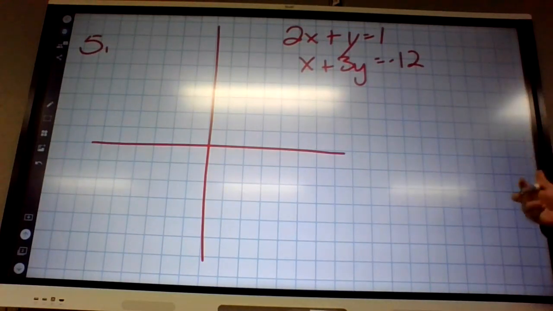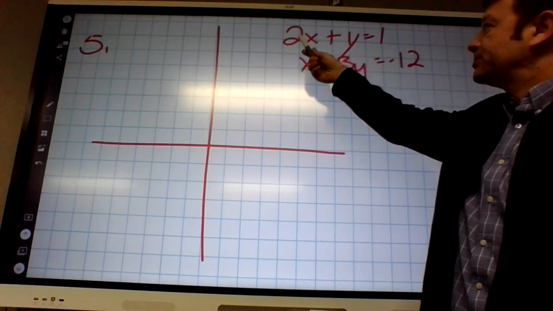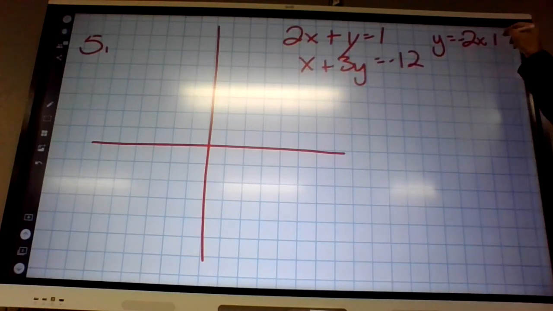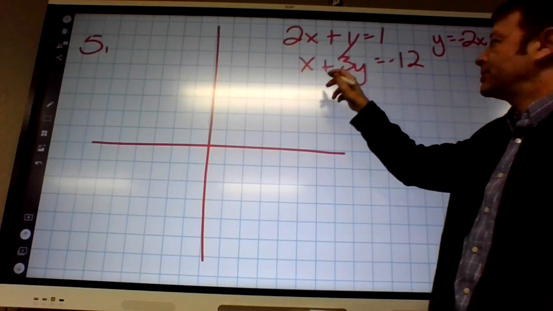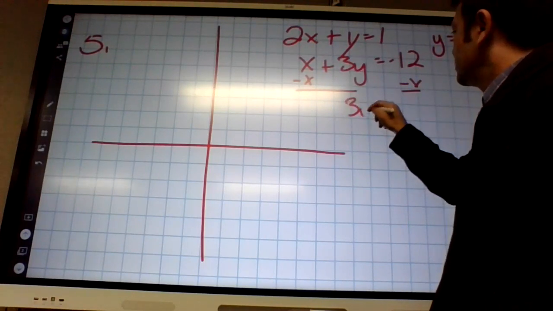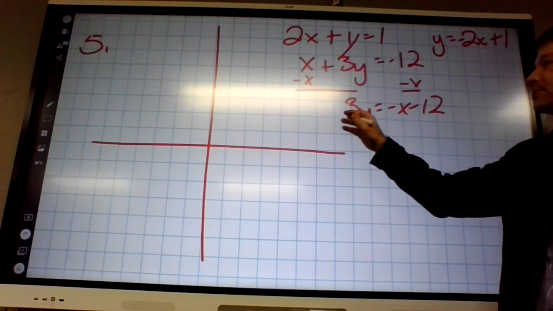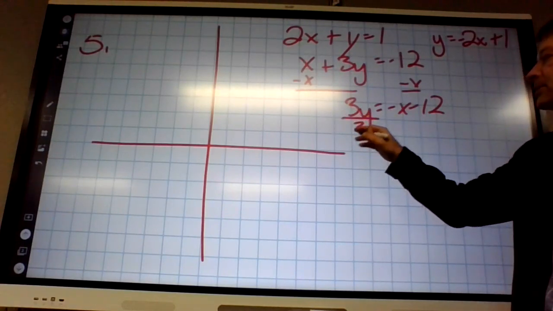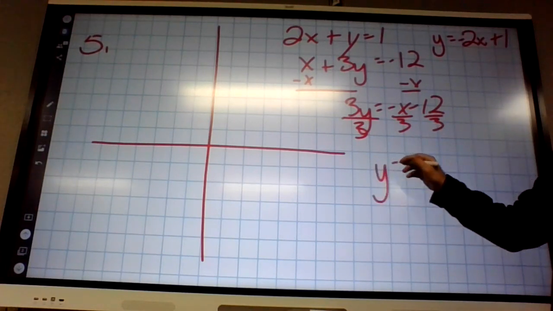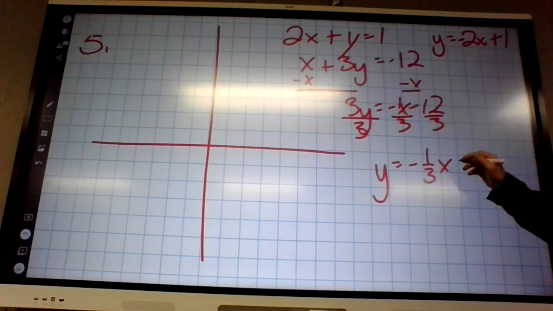Okay, what do I need to do first to graph this line? Put it in y-intercept form. Subtract 2x, right? So y equals -2x plus 1. How about this one? Same thing. Subtract x. Now what? Divide by 3, divide by 3, divide by 3. So y equals -1/3 x, 12 divided by 3,